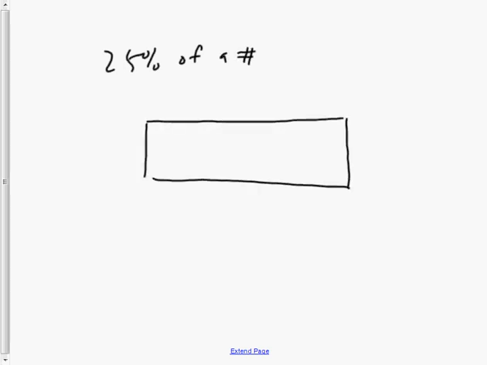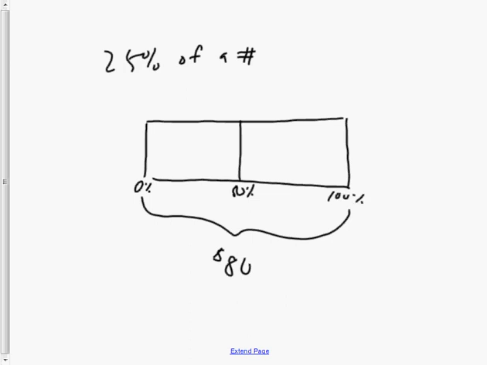But another one they need you to do is be able to calculate 25% of a number. Okay, and for that one, let's use that same rectangle to represent, let's say, the number $80. So this whole thing represents 80, and we already knew before that 50% was $40, but 25%, this is 0%, this is 100%. 25% is really